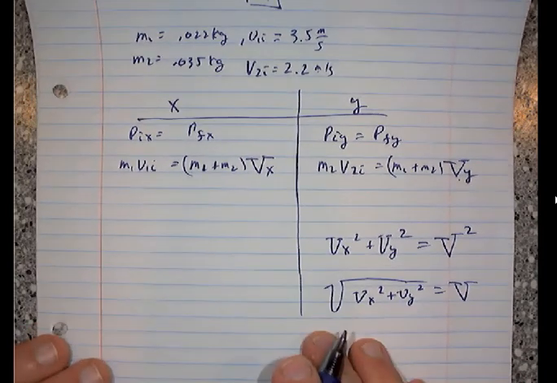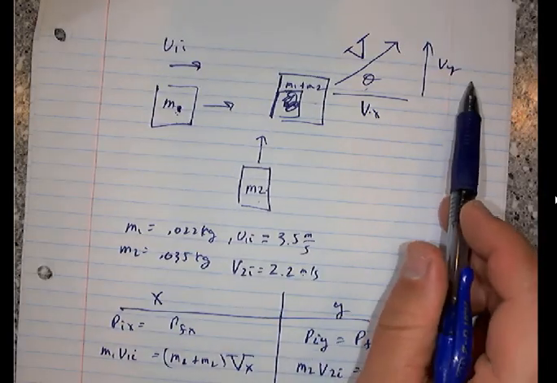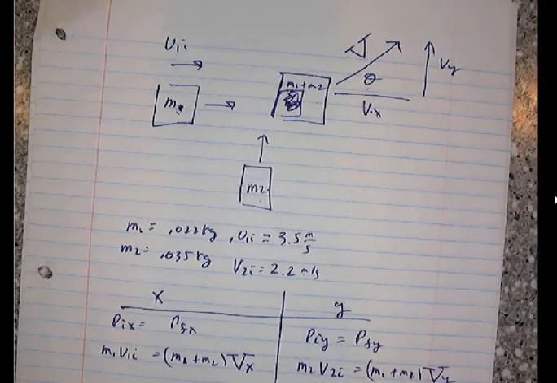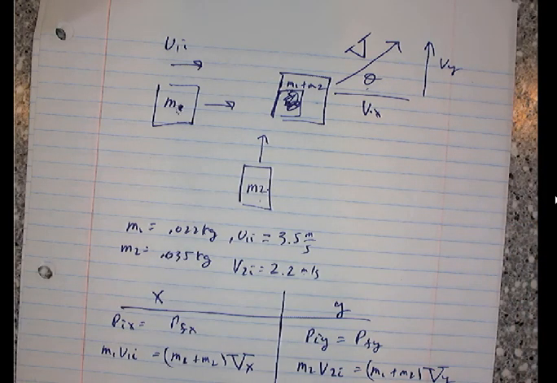Excellent. And then to get the angle, you can go back to this triangle and pick any way that you want to. Now you know the x part, you know the y part, you know the overall part. You could use sine, cosine, tangent, whatever you want to get this angle. Okay, good. So similar to what we've done with inelastic collisions, it's just a little more complicated because we have